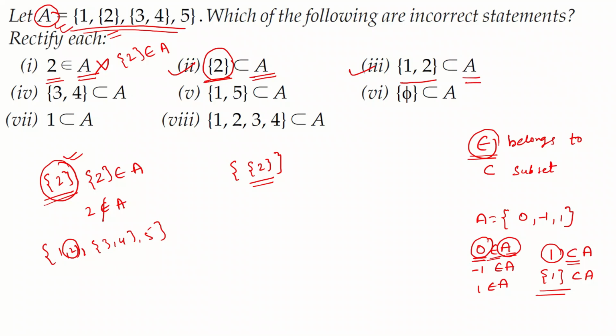This is also not the case because 1 and 2 are not individually there, right? So 2 is not individually there in this set. Had it been like 1 and the set 2, this is there. These two elements are there inside set A. So 1 is there and 2 is there. So the set containing these two elements will be a subset of A because these two elements also belong to A. That's what the definition of subset says, that these two elements should belong to A as well. So then and only then can it be called a subset of